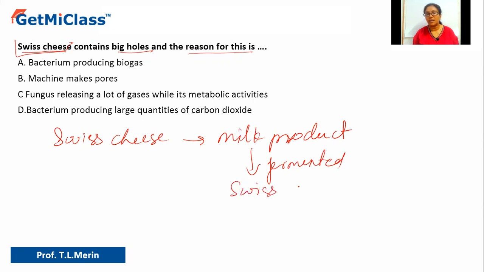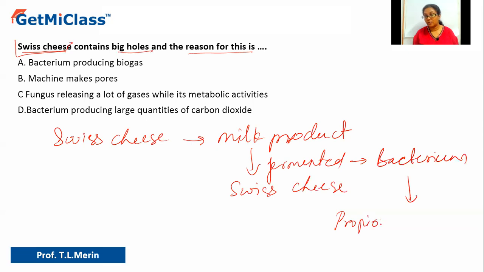And it's not that any kind of fermentation of milk will lead to Swiss cheese. The organism which is used is very important. The organism which we use here for the production of cheese will decide the taste and the flavor of the cheese. So Swiss cheese is formed by the fermentation process brought about by a bacterium, and that is nothing but